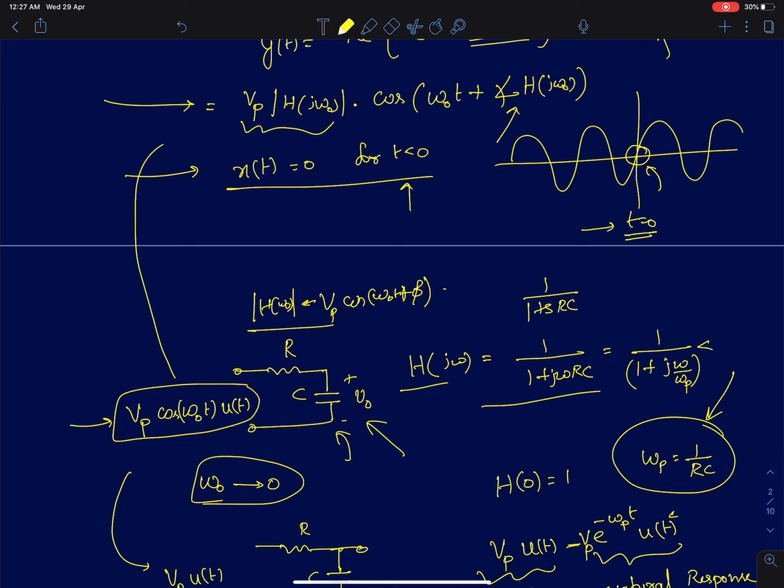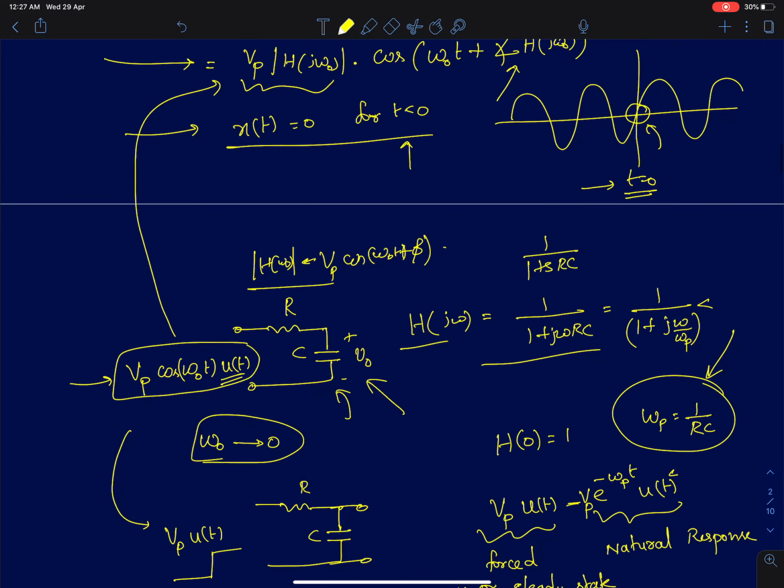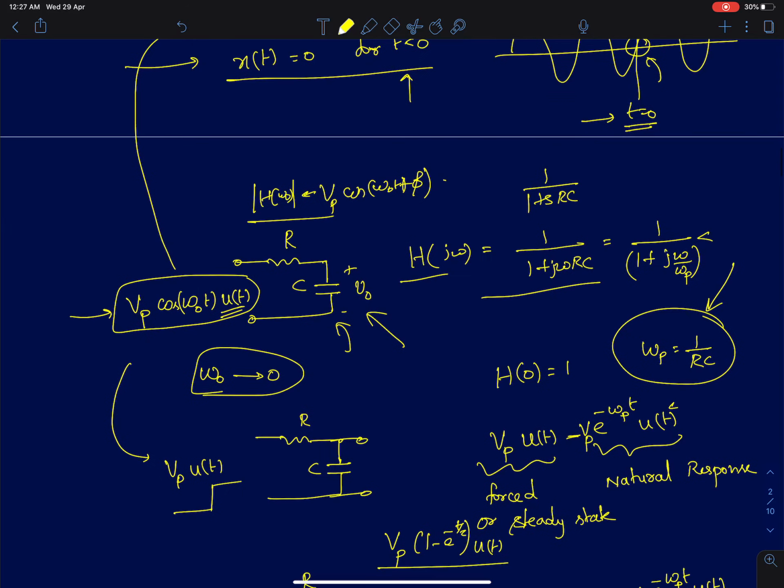Okay, we can just use this equation to find the output. But then there is a u of t multiplying this, and that makes all the difference. I'll give a more rigorous proof of this in the next lecture, as I already told you. So in this lecture we'll try to stick with some results that we are aware of already, and then we'll try to draw intuitions based on that.